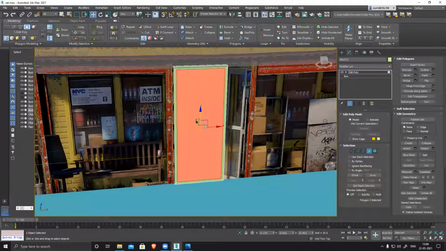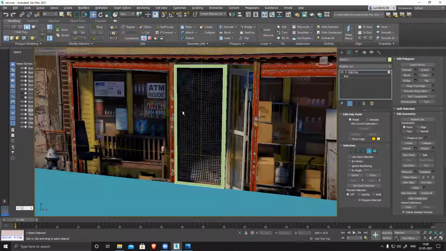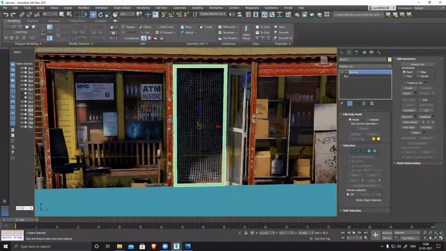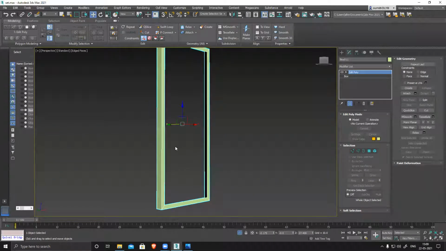Now I need to extrude this thing, but I won't do that. I'll delete this front and back. Let's create this basic frame. The reason is we have to keep in mind how we're going to texture or create all these things. So this is basically a wooden frame, right? Usually doors have a wooden frame, and the center part is a separate piece. So we have to think of those things, and based on that we'll create it.